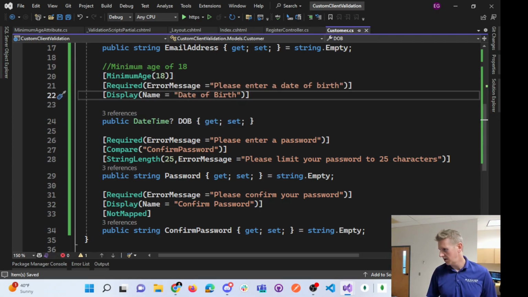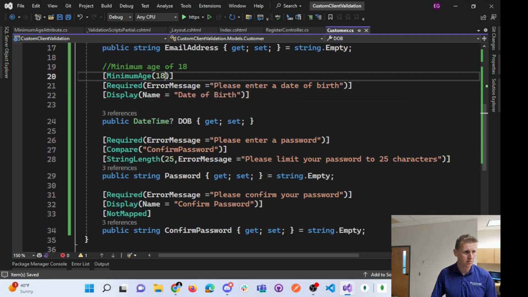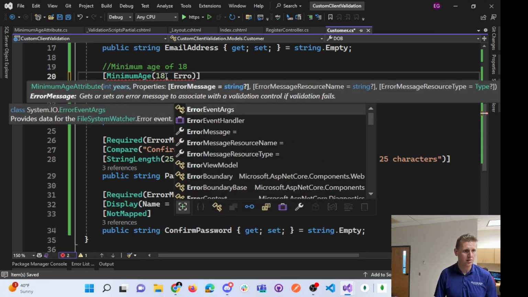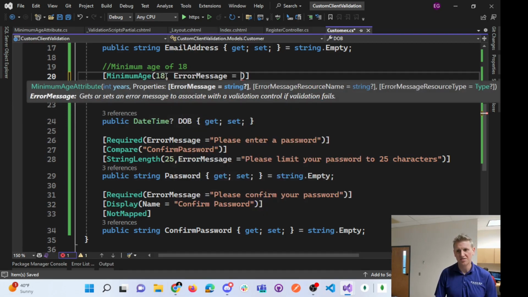And let's also provide an error message. So, comma, error message equals